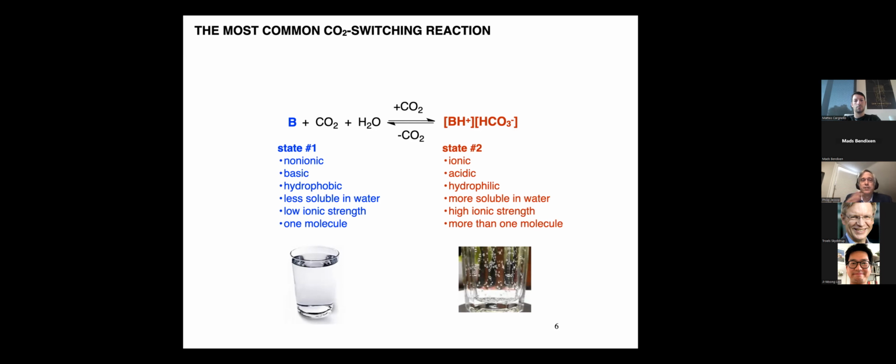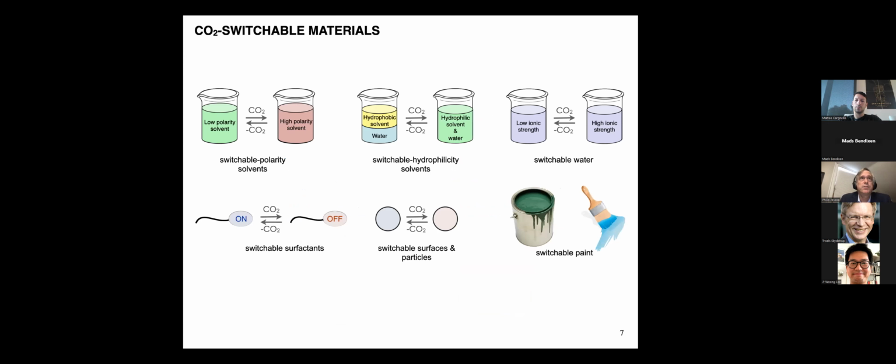And because the reaction is relatively reversible, all you've got to do is flush the CO2 away with some air or mild heating, and the reaction goes back. And so we really do have the ability to switch the material from state number 1 to state number 2 and cause its properties to change as a result. And no elevated pressure or anything is required. And so basically the blue state is what you get in regular water, and the red state is what you get in carbonated water. And so we've made different materials that respond to CO2.